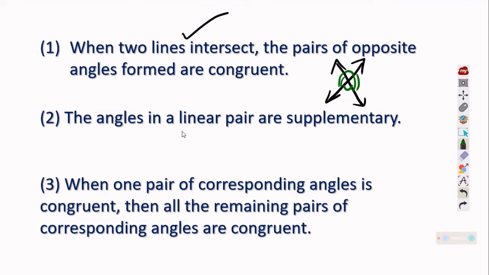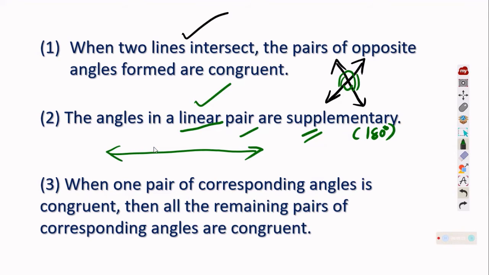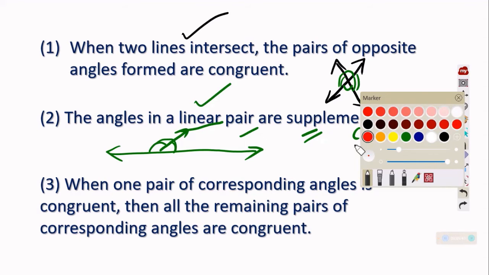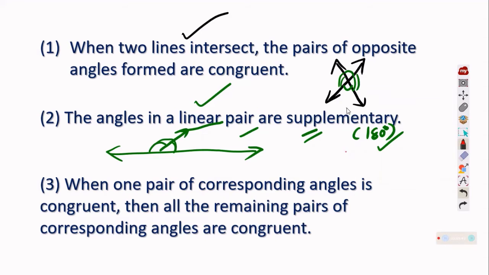The next thing is the linear pair of angles, which you studied, which are supplementary. Supplementary means having 180 degrees as its measure. As the name indicates, linear pair angles are those angles which are on the same line. Suppose this is a line and an arrow is created here, it makes two angles. Here is an angle, here is an angle, and the total will be equal to 180. Hence we said that they are supplementary.